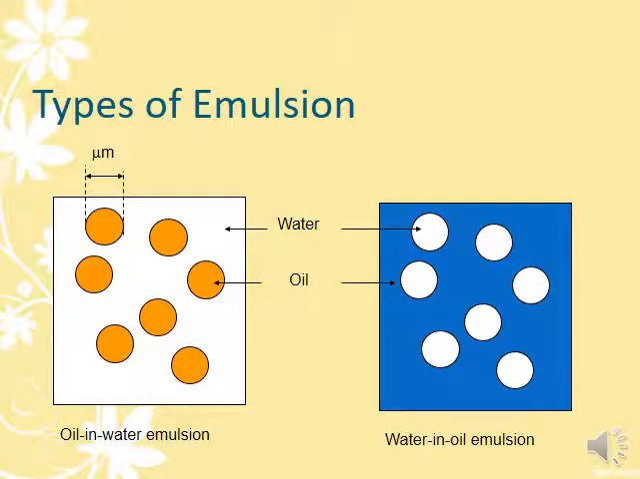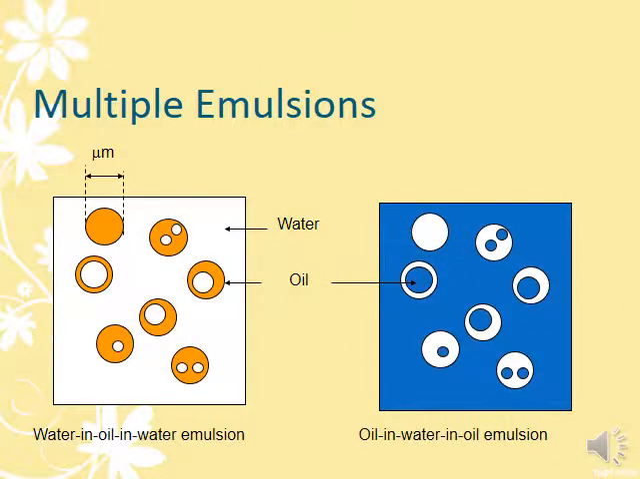This figure shows the types of emulsion. The first one is oil in orange color, oil in water, white is water. The second one, the white circles are water, blue colored are oil, so water in oil. The third and the fourth figures here represent double emulsions. Here we have water, white colored, in oil, orange, in water emulsion. And this one, blue is oil, white is water, water in oil in